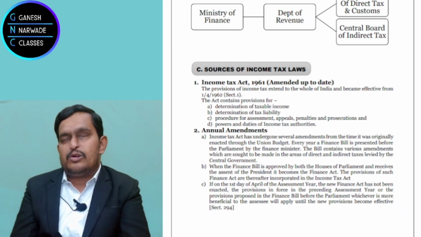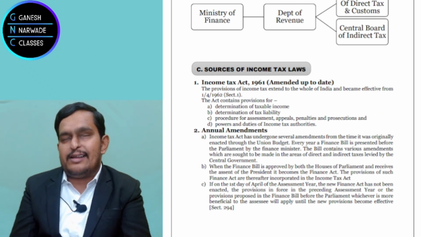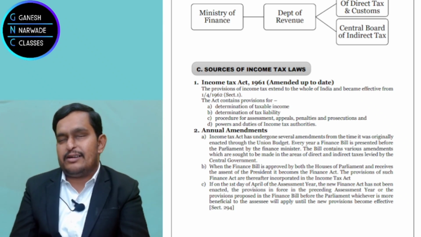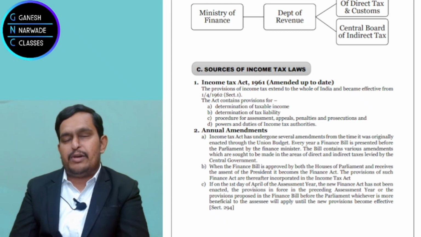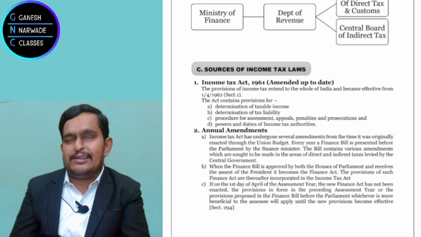And now, to do all these things, to administer all these things, there should be some department. That department is called the Income Tax Department. For that, there should be some people who have authority. So we call them income tax authorities. But if they are just authorities, is it enough? The answer is no. They should have certain powers, they should have some rights, some duties. So all that is again discussed in this Income Tax Act